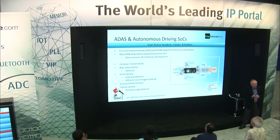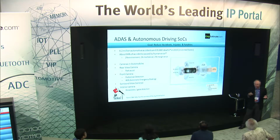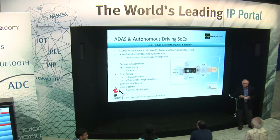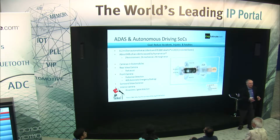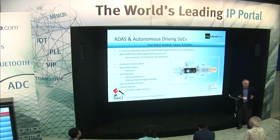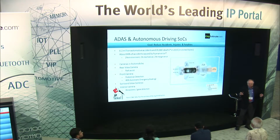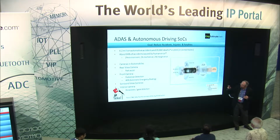Front camera, pedestrian detection. This is really, really key in terms of the front camera being able to react when somebody walks out in front of you. Can the software detect the difference between a baby carriage, a fire hydrant, a shopping cart? It has to be able to do that in real time. And now the real danger comes in. It's one thing to have these cameras watching and detecting things, but when you talk about automatic emergency braking,